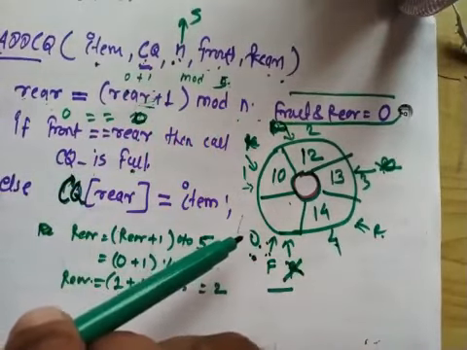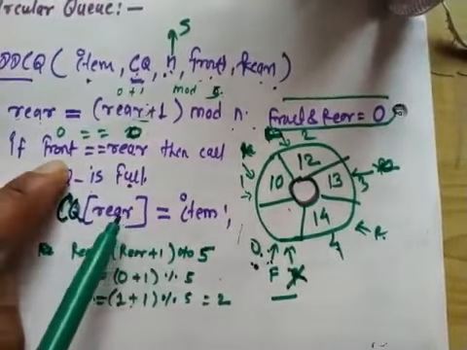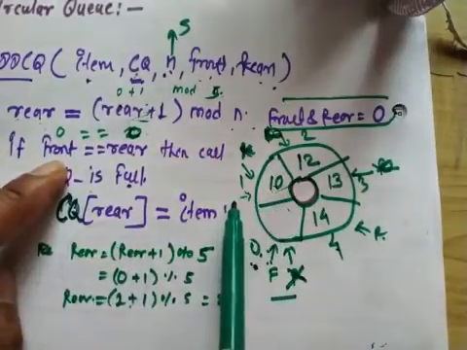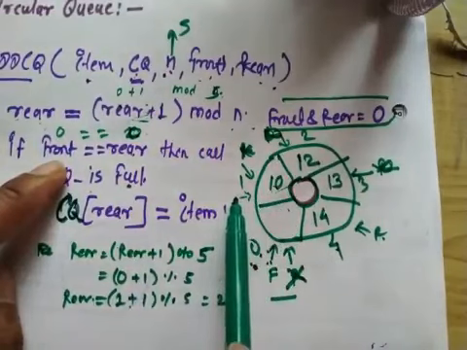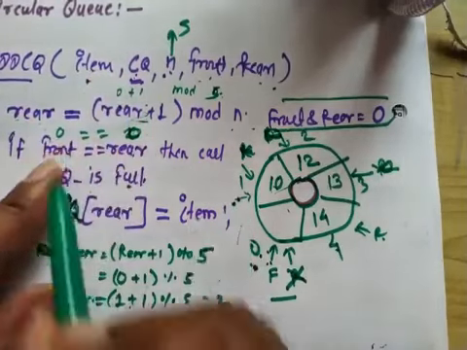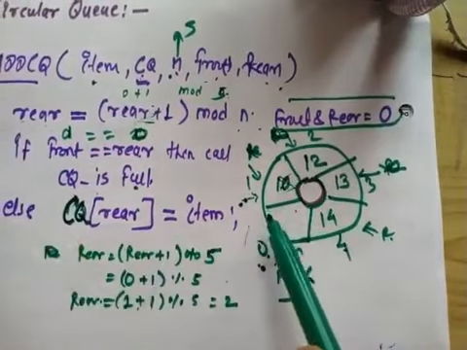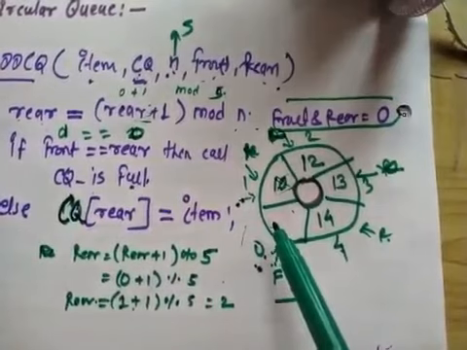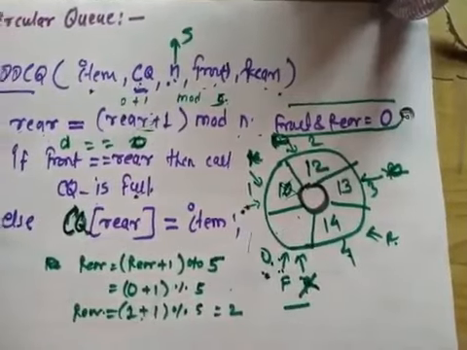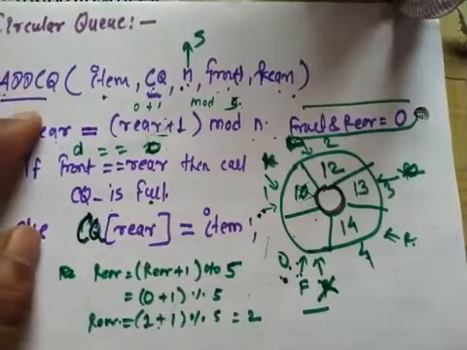Now at index 0 we are going to insert an element, but before inserting we are going to check whether the queue is full or not. Now what is the front value? Suppose I delete this element from here, so front will point to index 1. Is 1 equal to 0? No, condition false. So you can insert an element here, but this location again will not be filled. So this is the algorithm for adding an element to a circular queue.